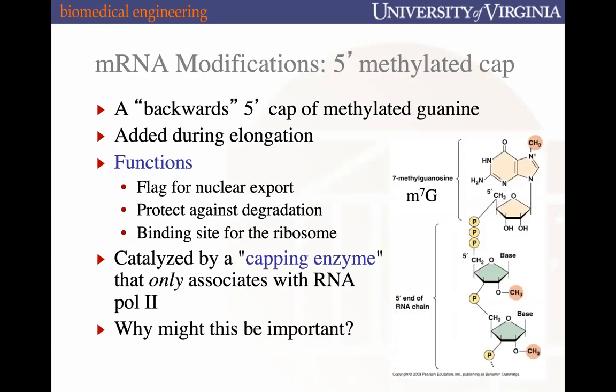The first that we're going to talk about is called a 5' cap, or 5' methylated cap. What this is, is a backwards cap of a methylated guanine. And the reason why it's backwards is because we talked about how everything is 5' to 3'. This 5' cap is actually going to be a 5' to 5',